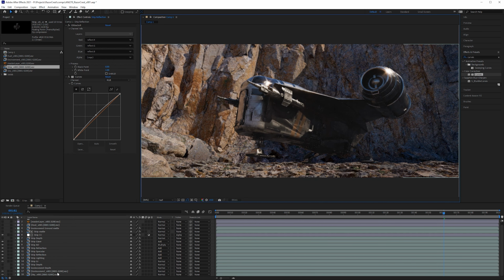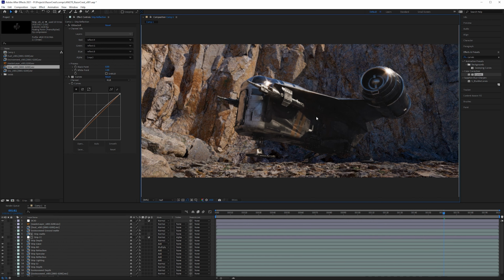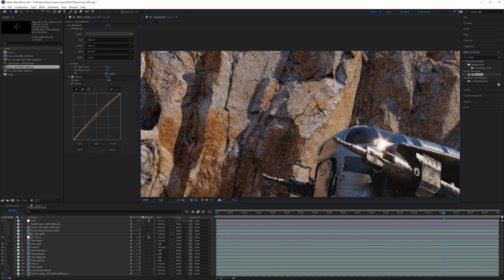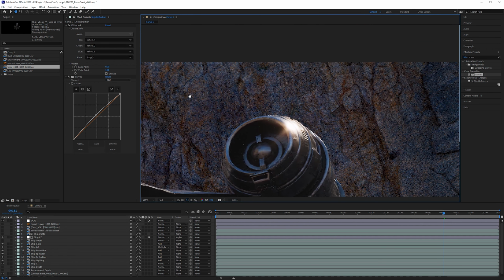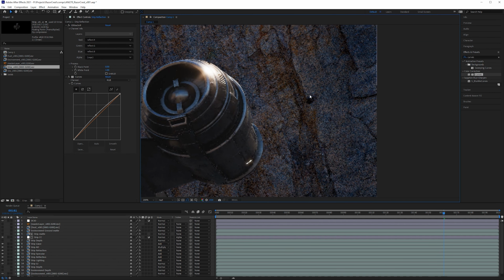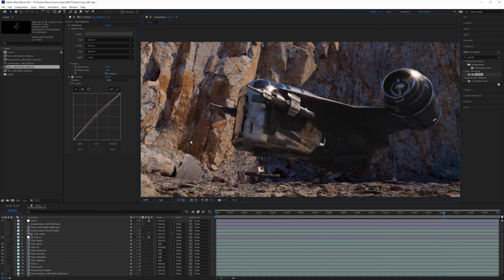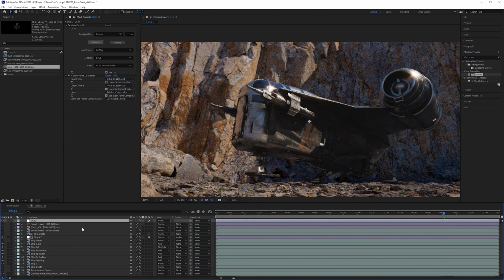So we still have our environment depth to do, and we still have all of the environment layers to composite, something that we'll need to do a little bit later. Because you'll notice also that the environment doesn't have denoising applied to it, because denoising does not get applied to the beauty by default. All right, so a couple other things that we can do just to get a sense of how this is going to look.